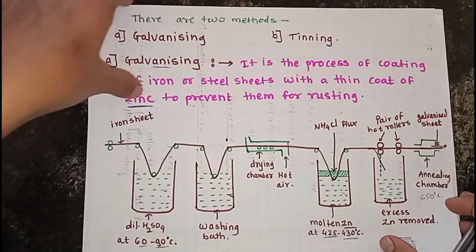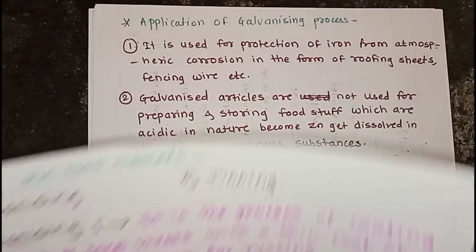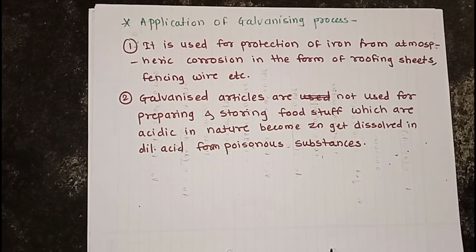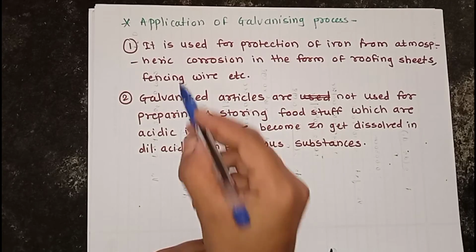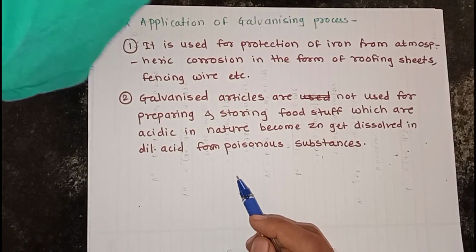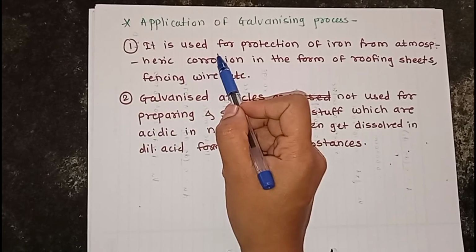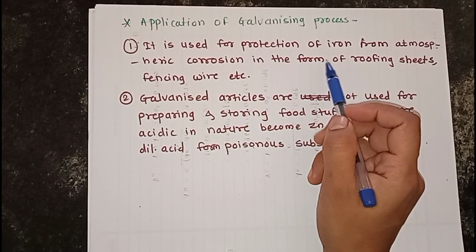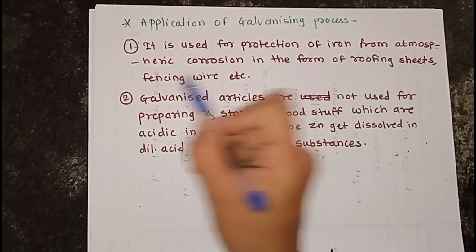So let's see the applications of this galvanizing process. How and when do we use this galvanizing process? The first application of this galvanizing process is that it is used for protection of iron from atmospheric corrosion in the form of roofing sheets and